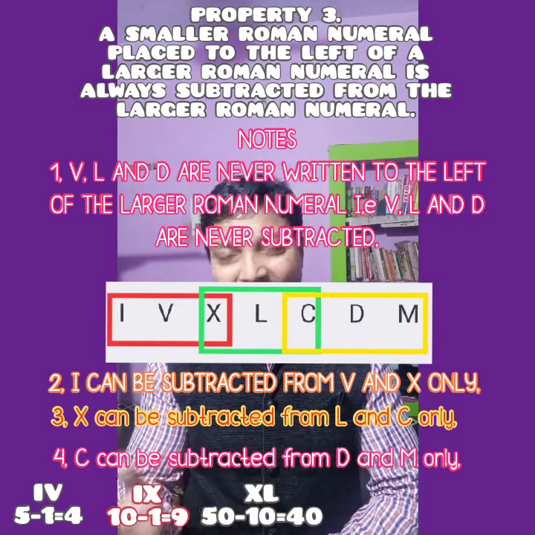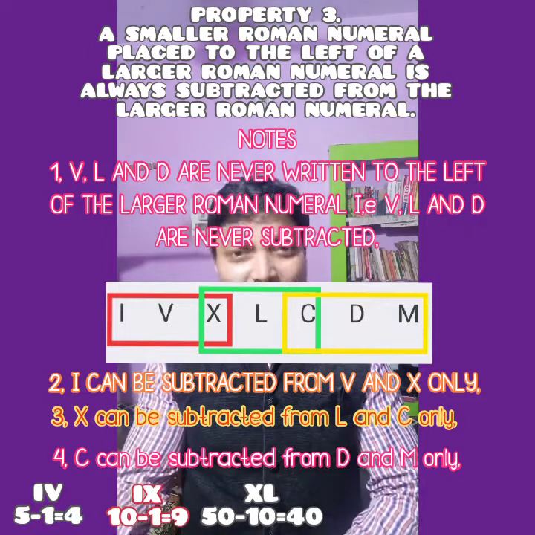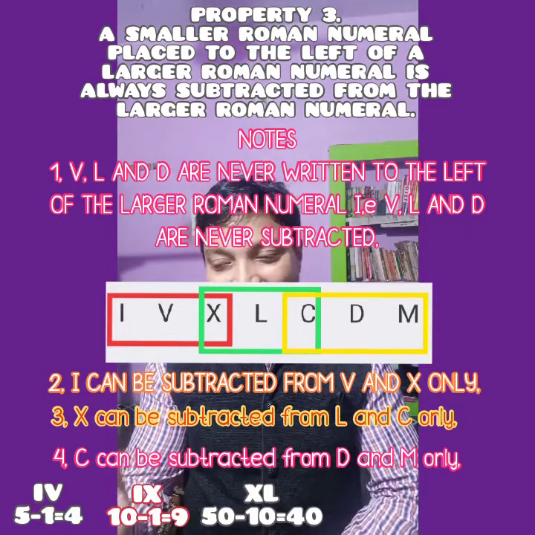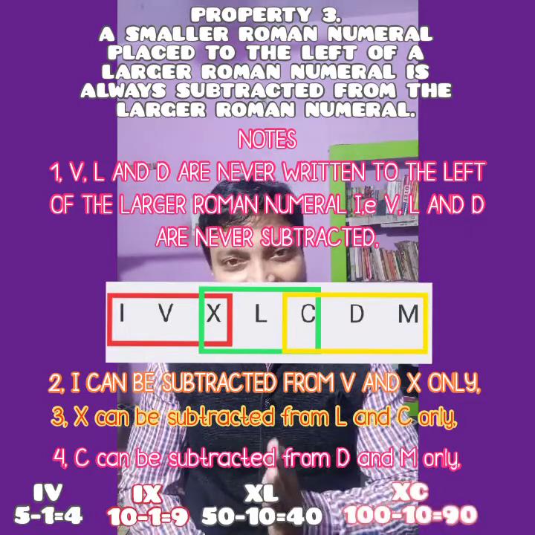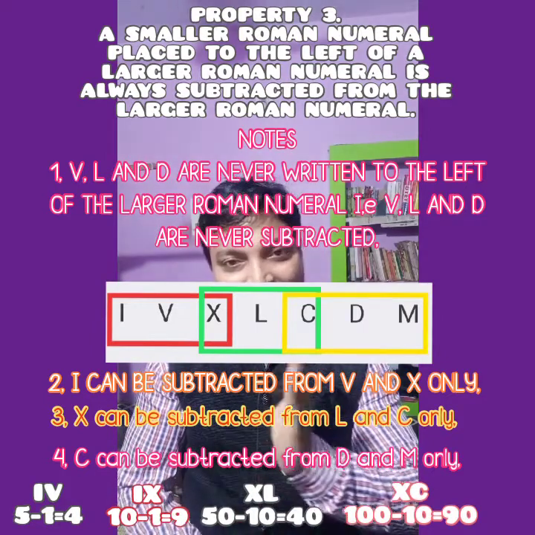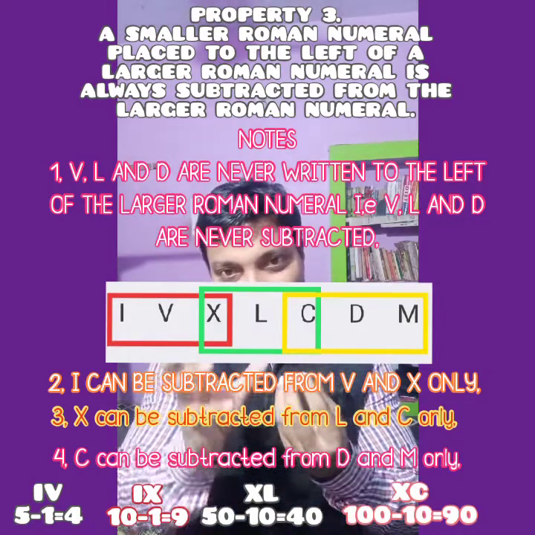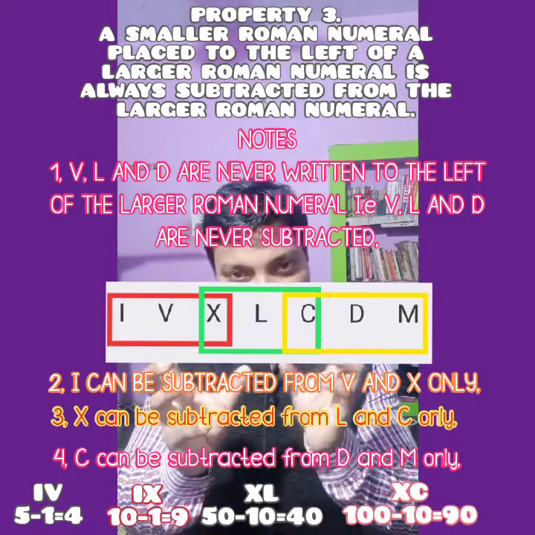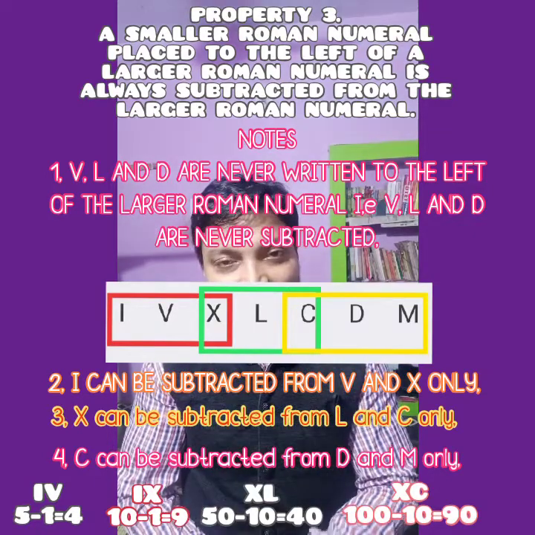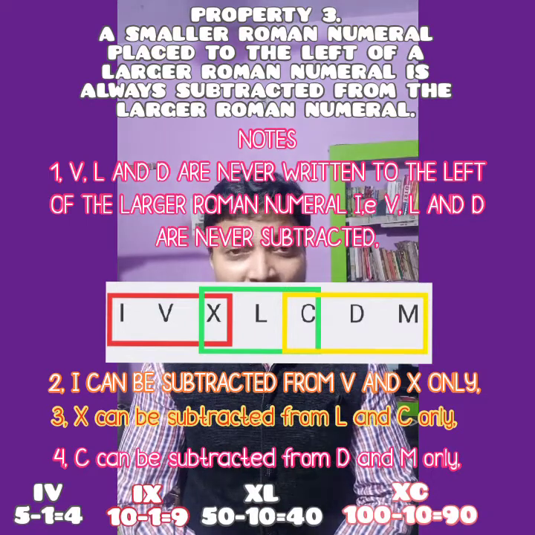So 50 minus 10 is equal to 40. Another example I am showing: XC. X is 10 and C means century, which is 100. So on the left side it is 10, on the right side 100. Whenever the smaller numeral is written to the left of the greater one, X, which is 10, is to be subtracted from 100, which gives us